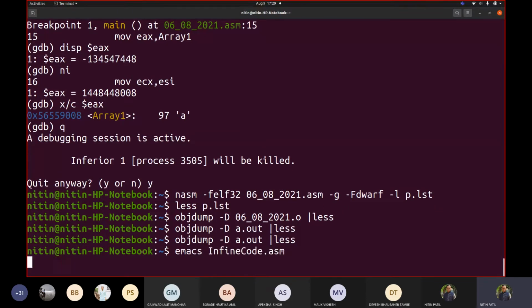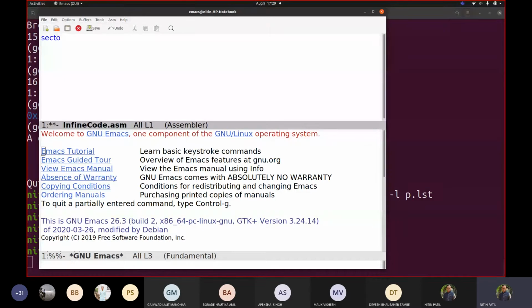Infinite code. That's awesome. Section .text, global main, move EAX comma EBX, jump main.